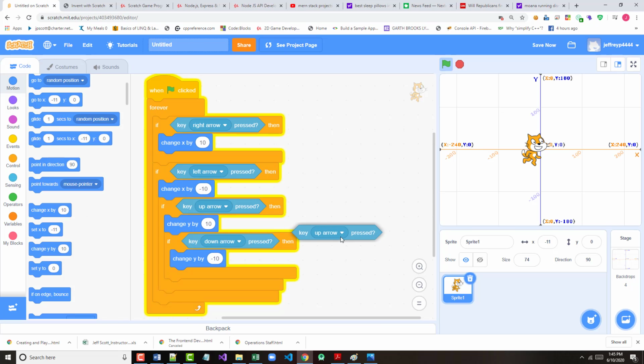Don't know exactly what happened there. Didn't want that. So if the up arrow is pressed, I want to move that. If the right, okay, let's try that again. So, right, left, well,